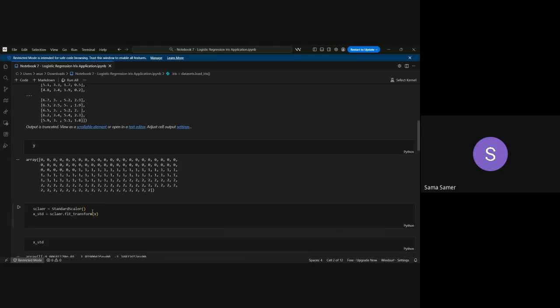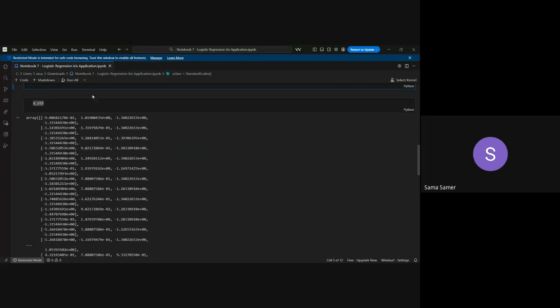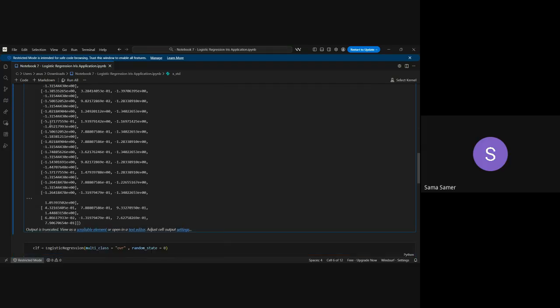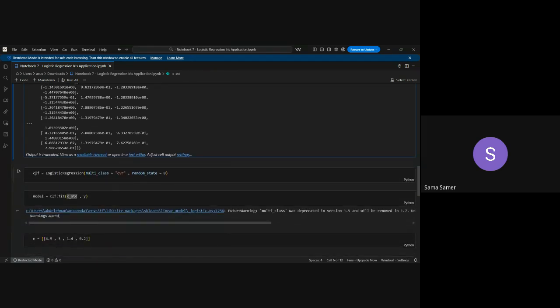And then here we have scaled our data using a standard scaler, and we have saved it inside x_std. And here is our data after scaling. So we can observe that after scaling our data, the values are like minus 9.006 e minus 1, e 0, and so on. So the scaling here is from 0 to 1. So be sure to know this. It is between 0 and 1. Then we have imported our logistic regression.